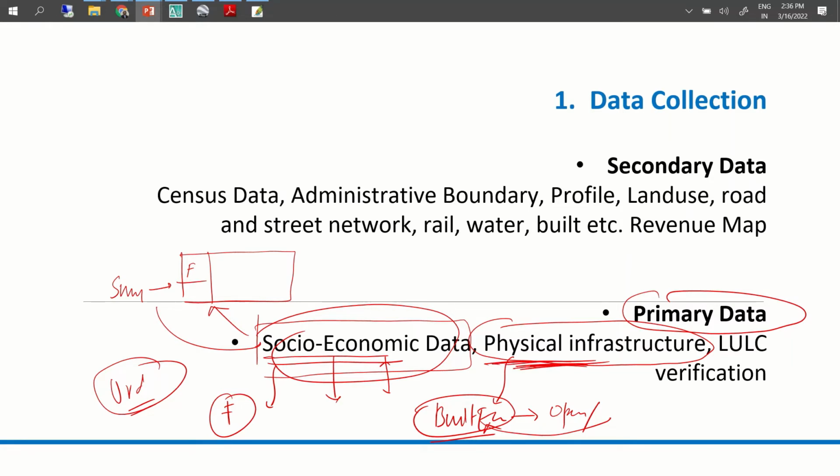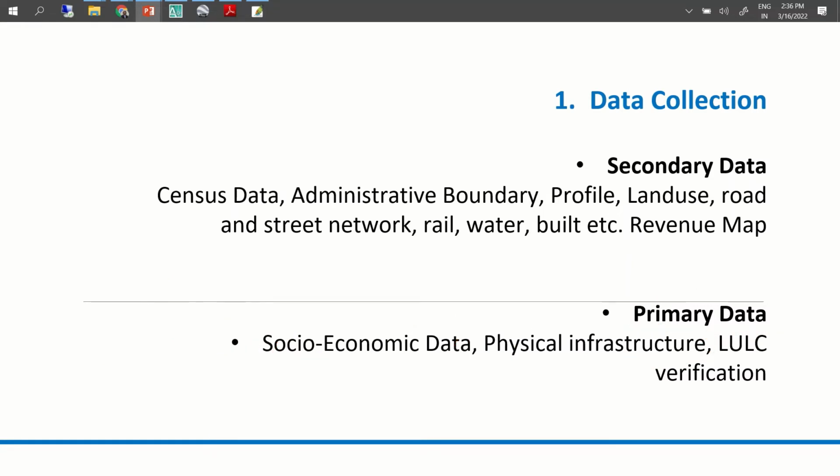Physical infrastructure can include your road network, mapping of all your road network, mapping of all your major amenities, and so on and so forth. Here I would like to give an idea how you can focus this part. Okay, so let's say we have a case. This is your study area, and one of the objectives is to map the physical infrastructure, right? And like I said, this is going to be quite a big study area.